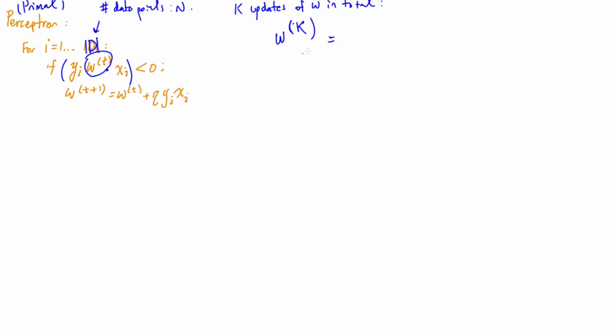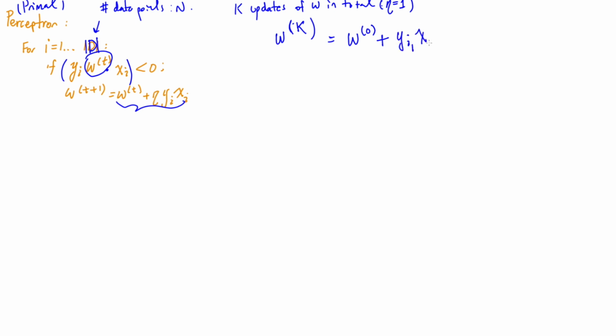Well, our final wk, every time we're just taking the old wt and we're adding this correction eta yi xi, and these are happening every time I make a mistake. Okay, so just for the sake of making things easier, let's take eta equals 1, and we start off with w0, right? And then when we make our first mistake, we add